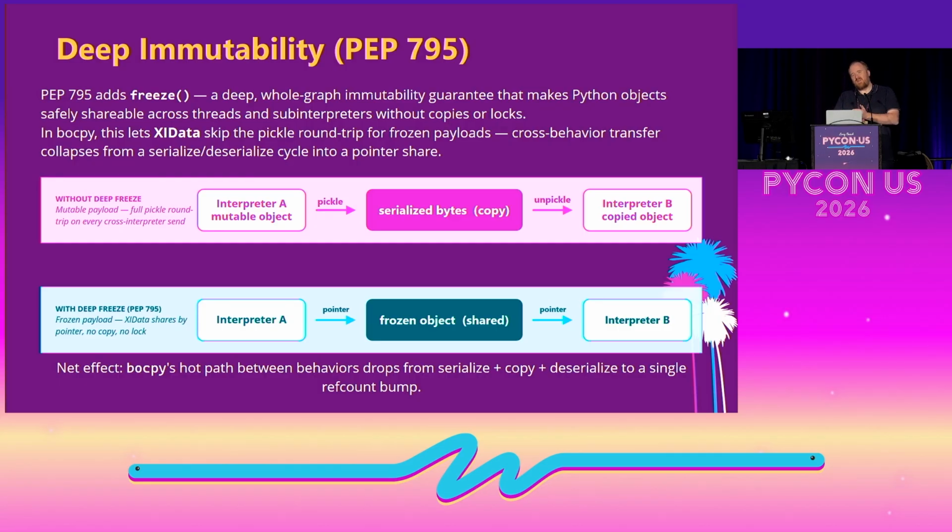What PEP 795 proposes is two things. First, true deep immutability, not the shallow immutability of a tuple or a frozen set, but a whole object graph where the immutability of every object in that graph is guaranteed by the CPython runtime. The other thing is a separate garbage collection mechanism for immutable objects that's independent of the interpreter. Currently, garbage collection is tied to a particular interpreter or sub-interpreter, and what we want to do is decouple that so that immutable objects are garbage collected separately, because then they can be seamlessly shared across different interpreters